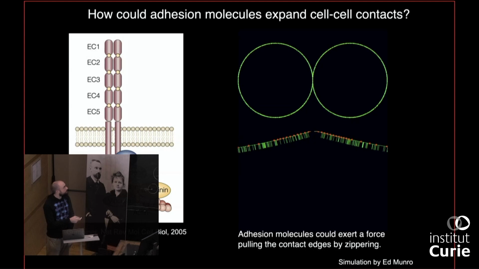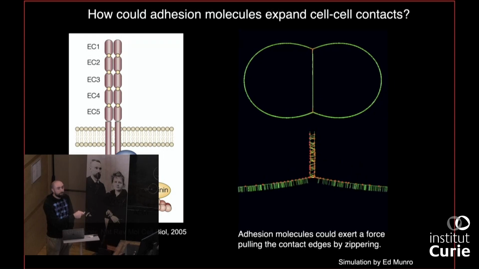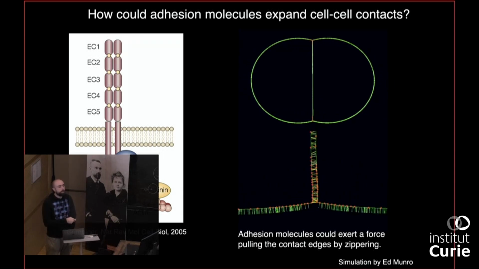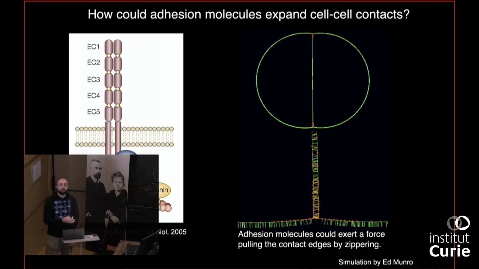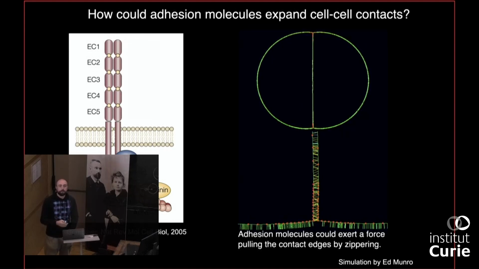And the idea is that the E-cadherin adhesion molecule, which is a transmembrane adhesion molecule, binds to the actin cytoskeleton, stabilizes the adhesion complex, and then by some thermal fluctuation, at the edge of the contact, you would just stabilize the contact by zipping it up like this. That would be the idea that would decrease gamma CC by increasing adhesion between cells.